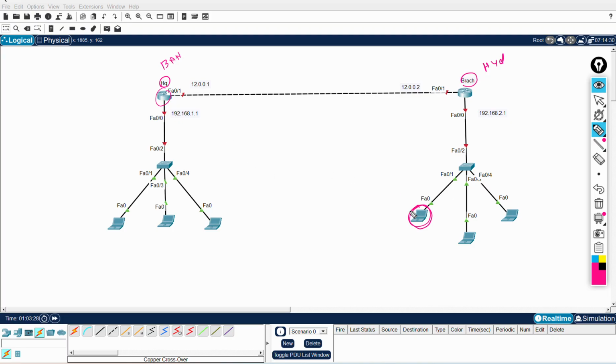I want to configure some configurations in the Bangalore router. But if you want to go from Hyderabad to Bangalore, how much time it takes? It takes a lot of time, right? But you want to configure immediately. You want to configure from Hyderabad only. So if you want to access this router, the first we need to configure